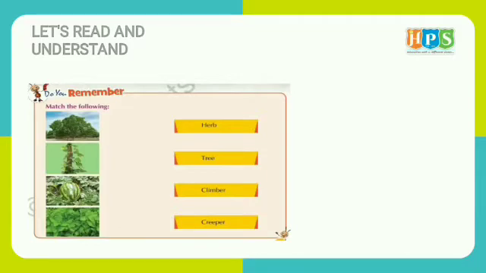Here is a box. Now we have to match the following in Do You Remember? In the previous class, you might have read about herb, tree, climber and creeper. So here are some pictures. We will match the word with the picture. The first one is of tree. So we will match the word with the picture. You will do this in your book